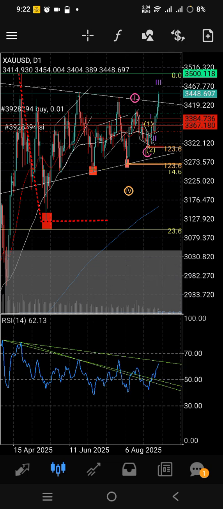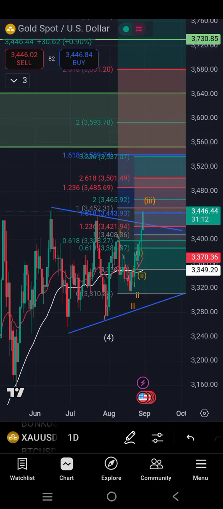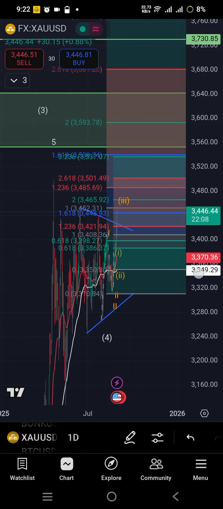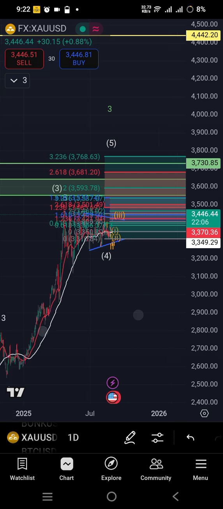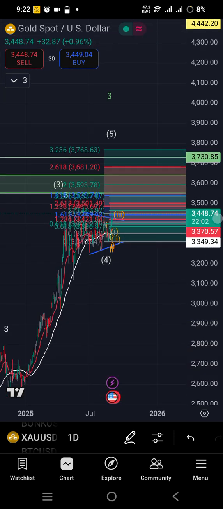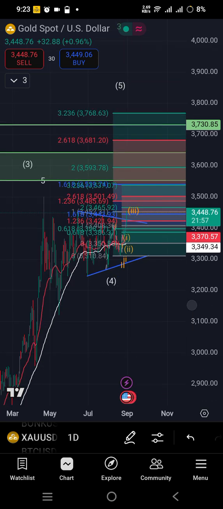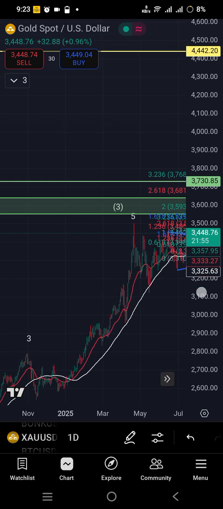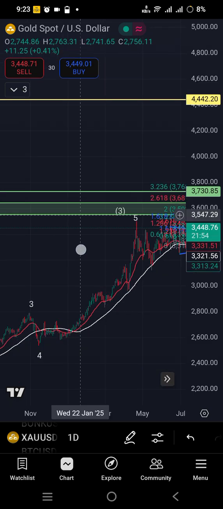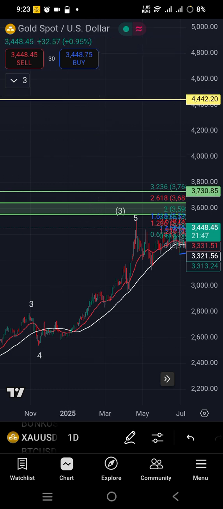Profit targets are anywhere between, this I calculated using the 61.8 of wave 1 to 3 and 100 percent of wave 1. So profit targets are anywhere between 3,500, 3,700 and 4,400. So yeah,